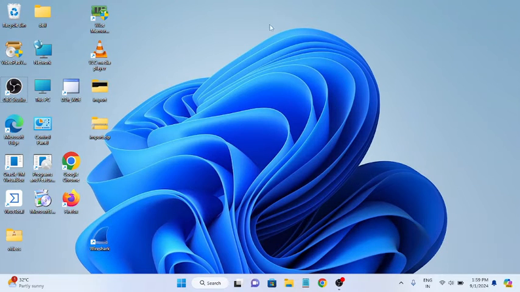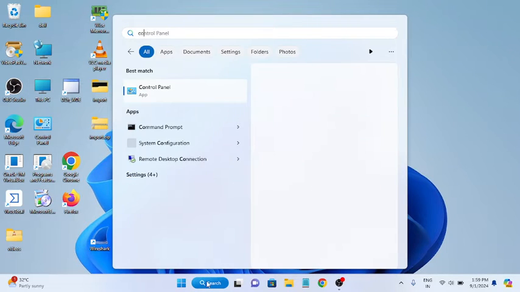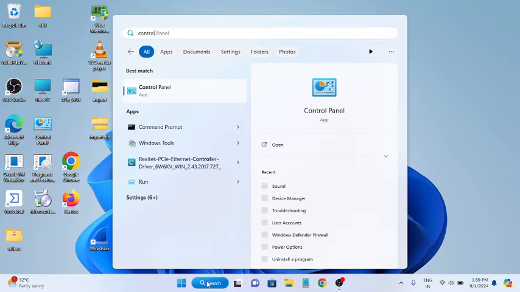In this video, guys, if your headphone is connected but you are not getting any voice, any sound, and no audio output, this video is for you. I will show you step by step how to troubleshoot this issue. First of all, we need to make sure that the headphone is connected properly and set as our default